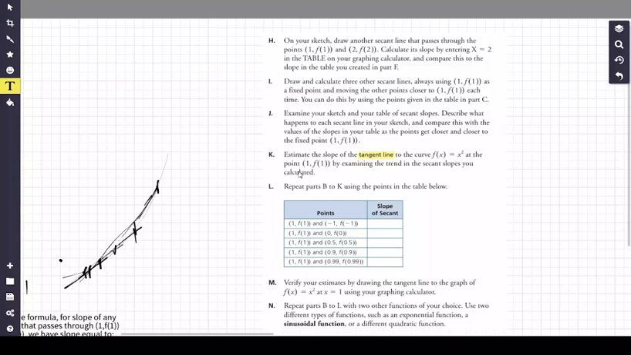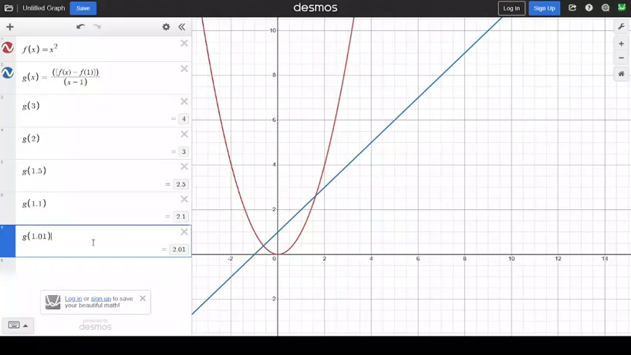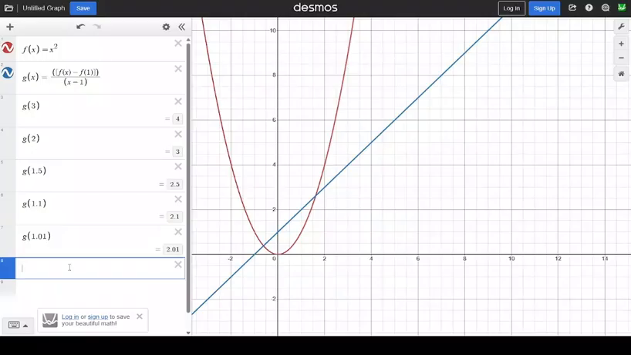By examining the trend, we can estimate. So we already got pretty close. We got to g of 1.01. What if we draw a tangent line, a secant line that's so small? What if we go from 1 to